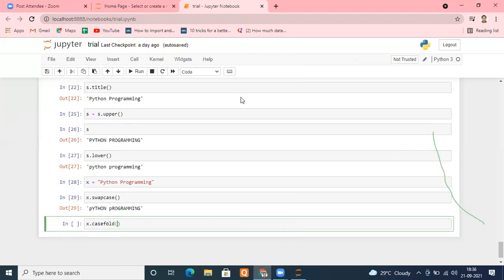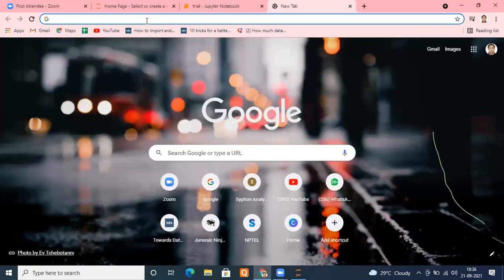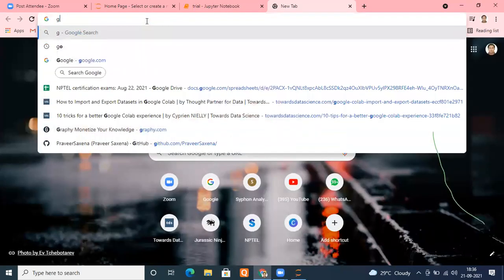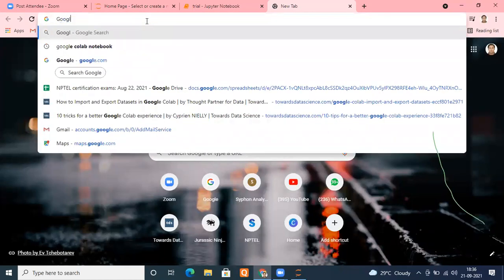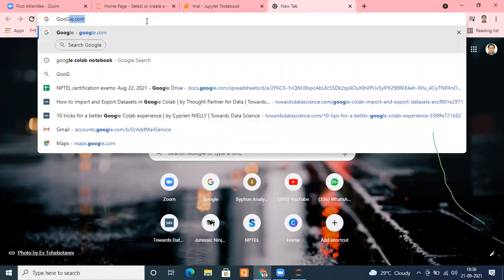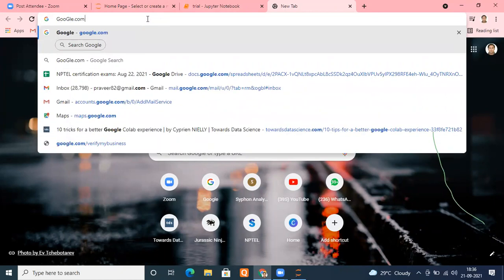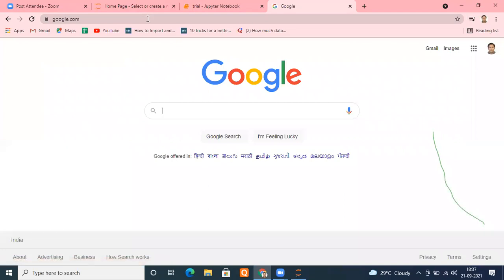Whether I type capital G, or make some letters capital and some small, it doesn't matter. I run this and open it.